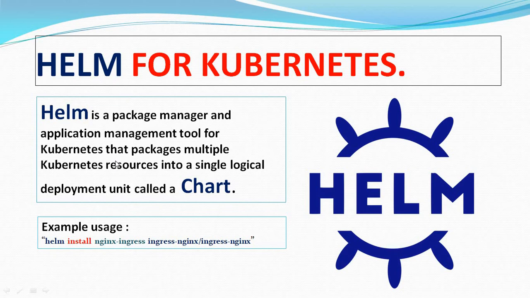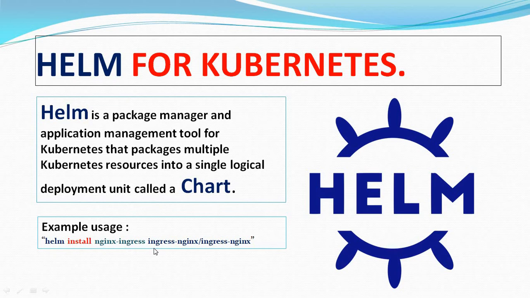For example, let's say we have created ingress Helm modules. How can we use those modules to spin up the ingress application on my Kubernetes cluster? I have taken one simple example of how we use Helm modules. If you want to install ingress on our Kubernetes cluster, this is the command I run, and within a second I will end up with the ingress service configured on my Kubernetes cluster.